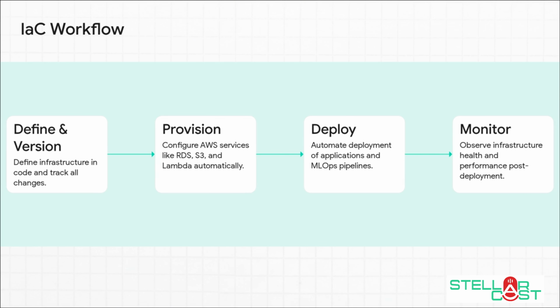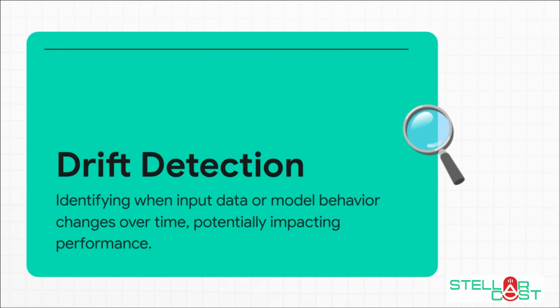But that final step, number 5, detect, that's a really critical one. It's all about monitoring for something called drift. So what is this drift we're talking about? Well, it happens when your live environment gets changed manually, maybe by an engineer trying to fix something in a hurry, and it no longer matches what's defined in your code. Drift detection is all about finding those discrepancies so you can enforce your code as the one and only source